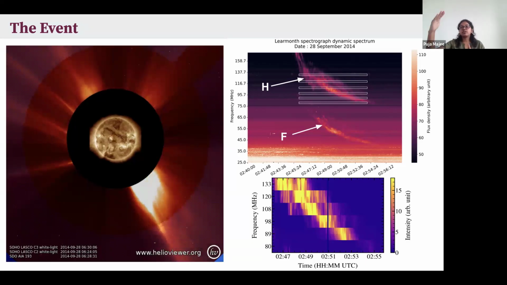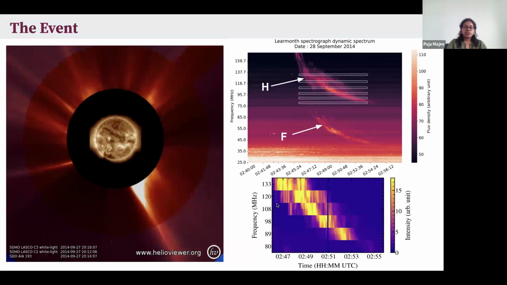So it can observe continuously across this 30 megahertz, or you can split the bands or keep the bands in a discrete manner across this 80 to 300 megahertz. So for this observation, they were discretely configured. As you can see here, these are the 6 spectral bands which captured the harmonic emission. And if you see the lower panel, these are the 6 spectral bands in which MWA has